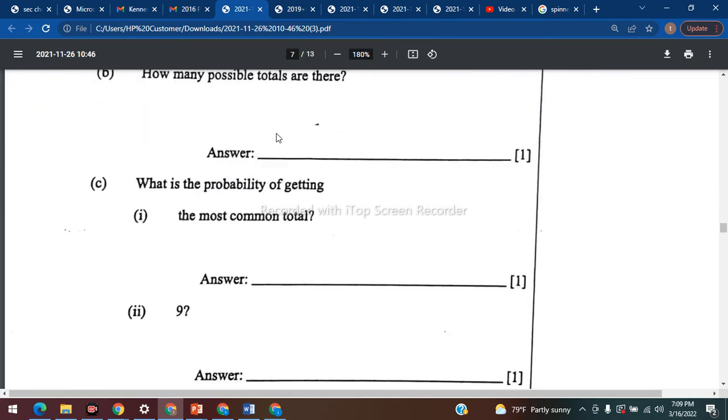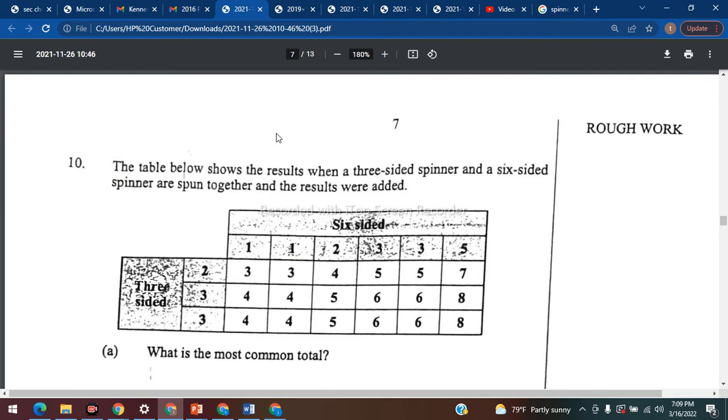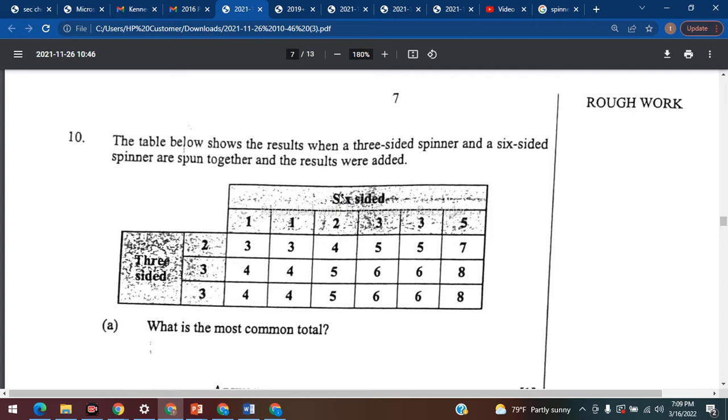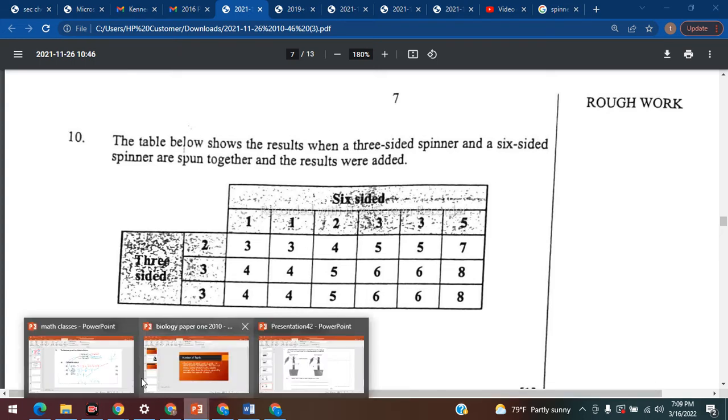Okay, so the idea here is that we have a 6-sided spinner, a spinner with 6 sides, and a 3-sided spinner, a spinner with 3 sides. This spinner, which has 6 sides, has the numbers 1, 1, 2, 3, 3, and 5. And so if we were to show or represent that for you,